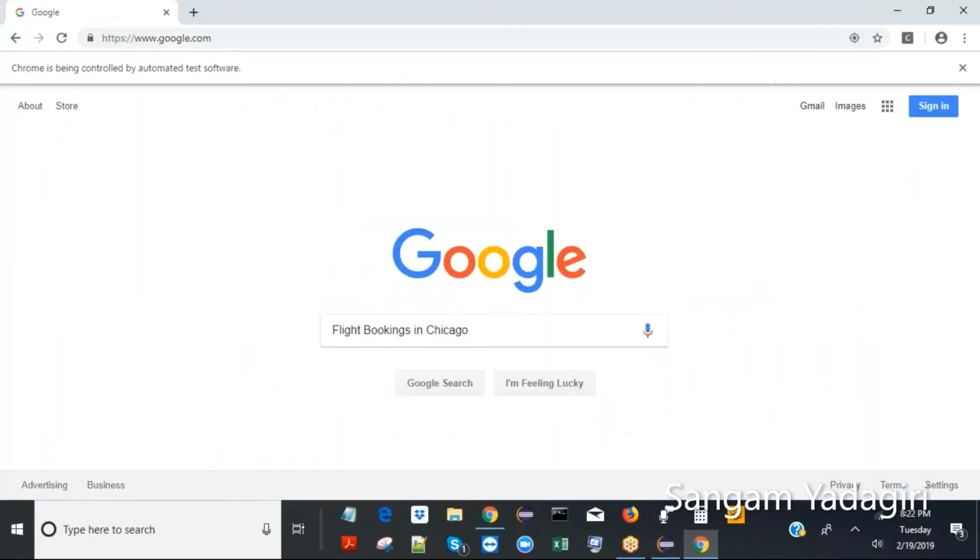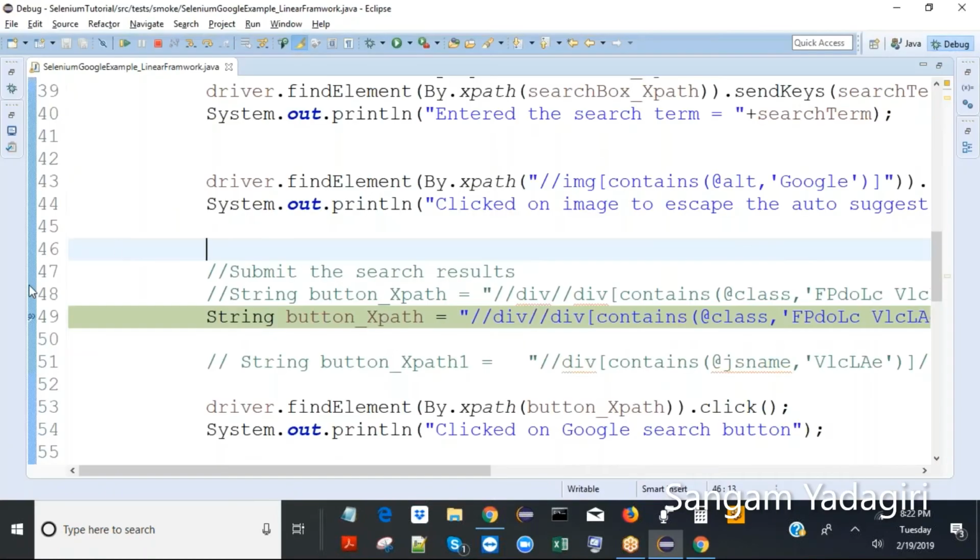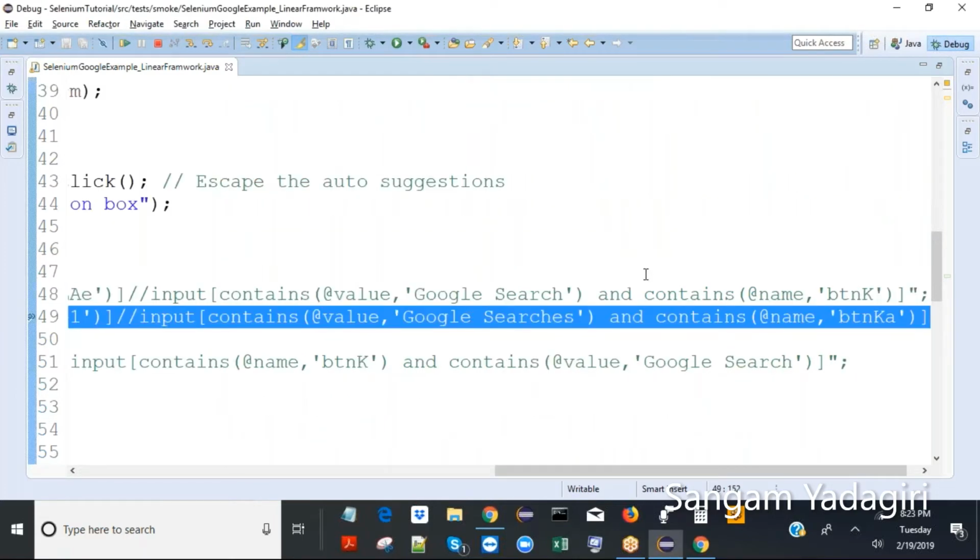So what I was doing is I halted right here. This is where I put the breakpoint, right? It was executed till here and it halted. This line which is highlighted means it is ready to be executed. It is not yet executed. What I'm trying to do is investigate whether the XPath is correct or not. So I'll copy the XPath